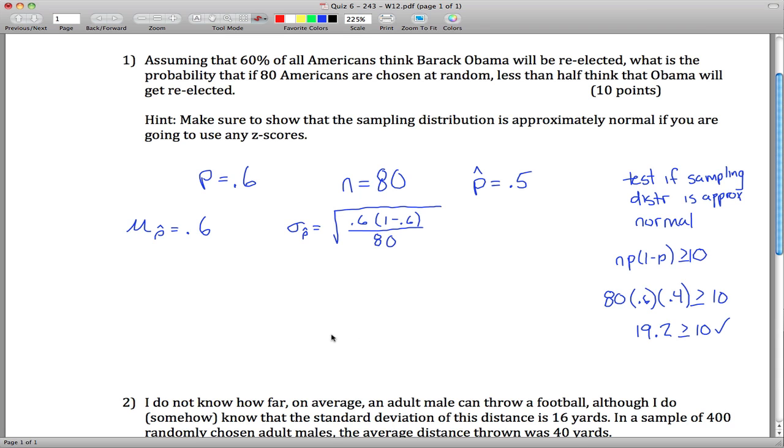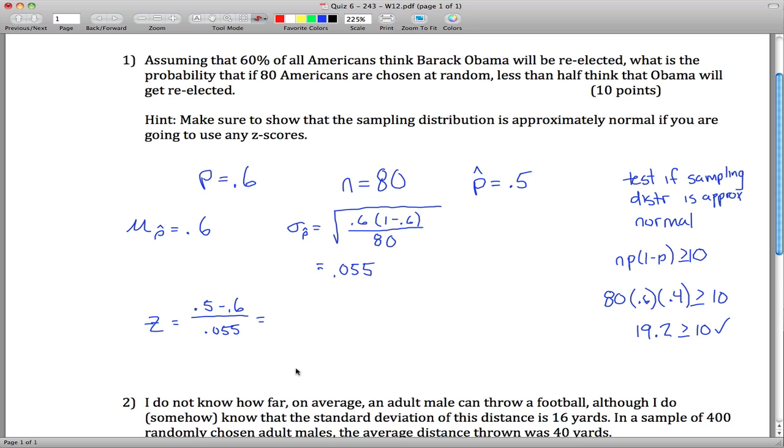So if you plug in 0.6 times 0.4, divide that by 80, and take the square root, what you get is kind of an ugly number, 0.055. Maybe I'll tell you to round to 3 digits, something like that. Once you have this information, you can figure out your z-score. Your z-score is equal to p hat minus the mean of p hat, divided by the standard deviation of p hat,